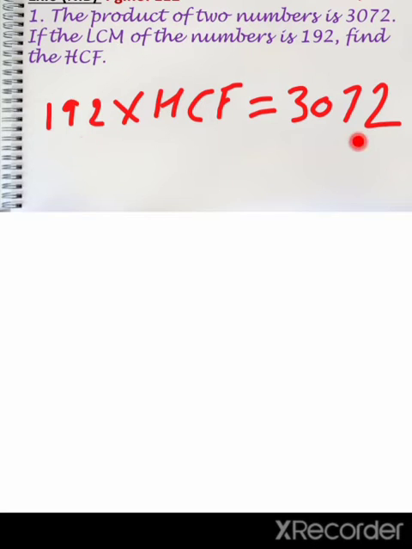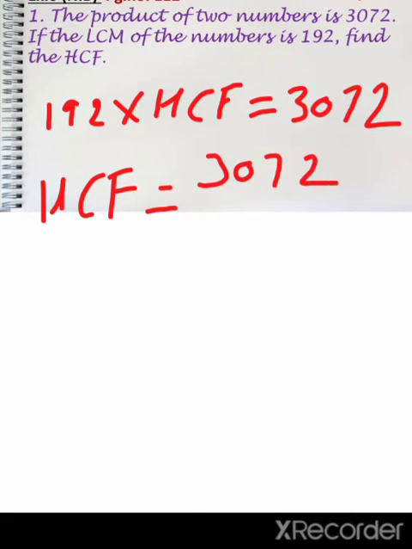Why have I written it like this? Because just now I told you LCM into HCF is equal to the product of the numbers. So how will you find the HCF? Whatever is given on the left side that you have to find, like the LCM or the HCF, first you write that, then divide the product by the second thing which is given. Like here LCM is given, so I will divide by LCM and I'll get HCF. Suppose HCF is given and they are asking LCM, you will write LCM here, divide this product by HCF and you will get LCM.